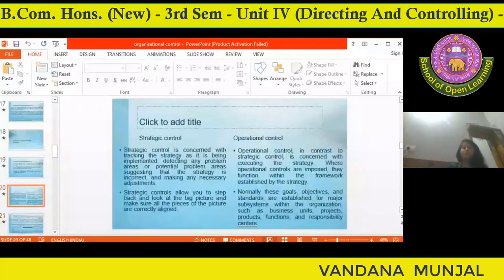So here is the difference between the strategic control and operational control. Strategic control is concerned with tracking the strategy as it is being implemented, detecting the areas of problem or maybe the potential problem areas and making the necessary adjustment. So strategic control is about correcting the strategic mistakes that we are making, or it is about ensuring that you are going in the right strategic direction that you have decided for yourself. It is basically long term in nature, and it basically looks at the wider picture rather than small parts